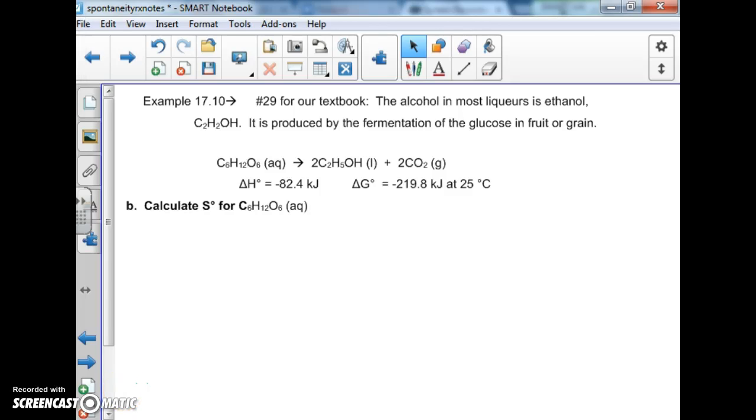Okay, so now we are looking at example 17.10b, as in boy. It has asked us to solve for S, but S for this particular compound. So that means we're going to do products minus reactants. So delta S equals